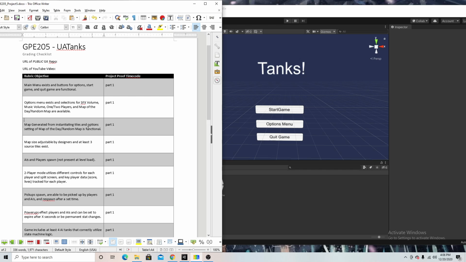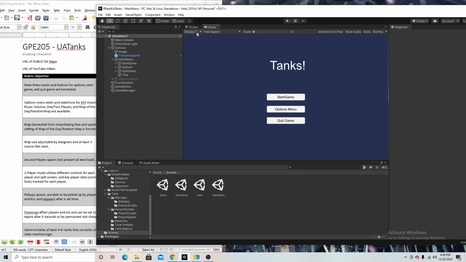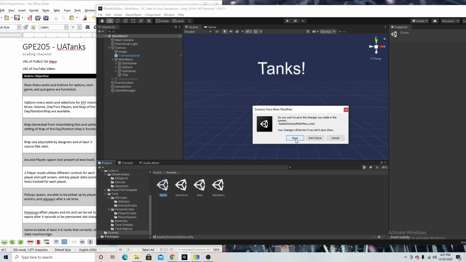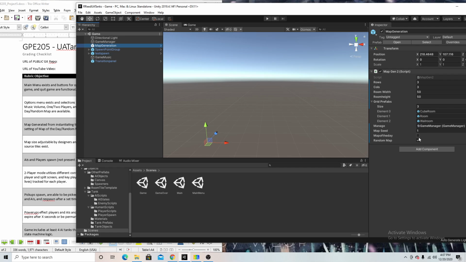Map generated from instantiating tiles and options settings of map of the day / random map is functional. So in terms of my UI, I was only really able to get one of them working. I haven't been able to figure out how to do both, but you can go ahead and load one or the other. But to showcase that, I'll go into my actual game scene here through my map generation. Right now I just have it with the two bools, map of the day or random map, where if one of them is selected true, it will load one of them. So if I click random map here,